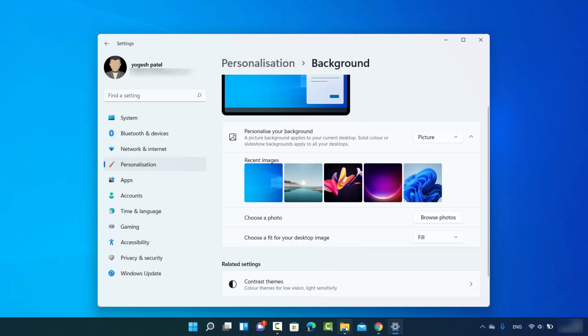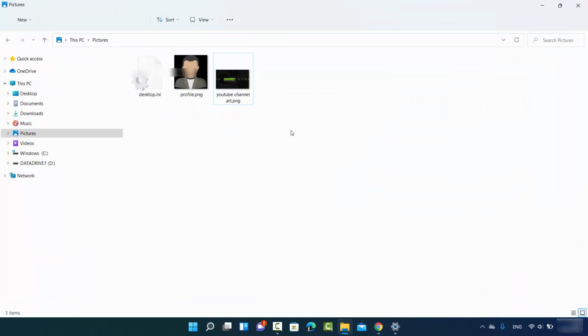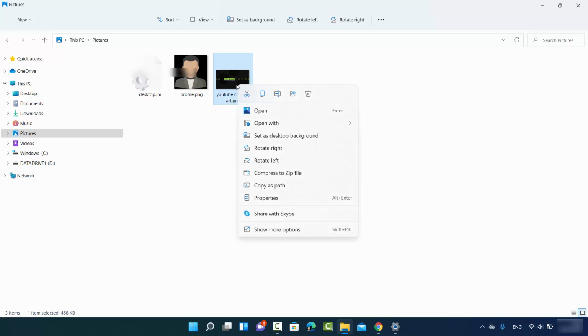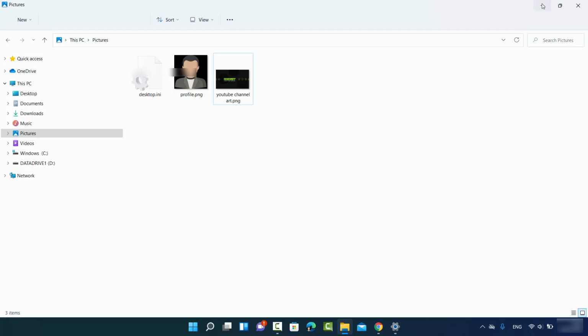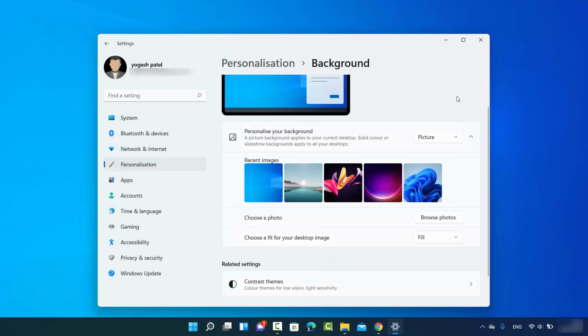Also, if you are directly in the folder where your wallpaper is downloaded, you just need to right click on the wallpaper and then click on set as desktop background, which is going to set this picture as your desktop background. Okay. So these are a few ways in which you can change your desktop background image on your Windows 11